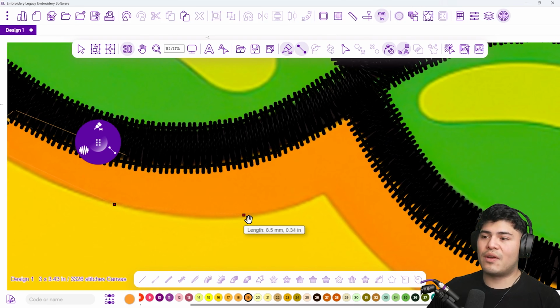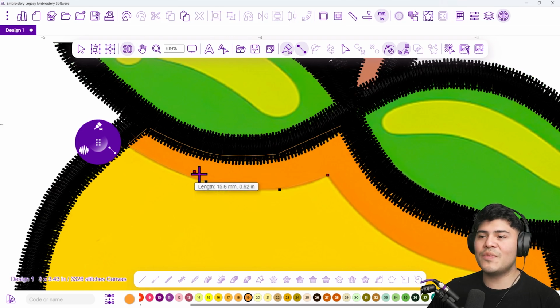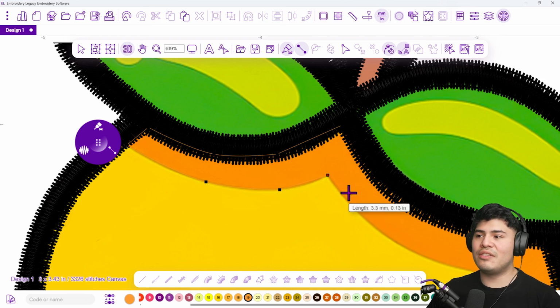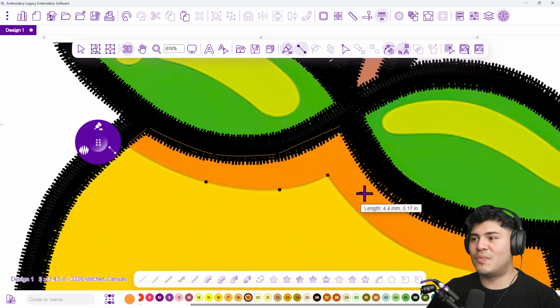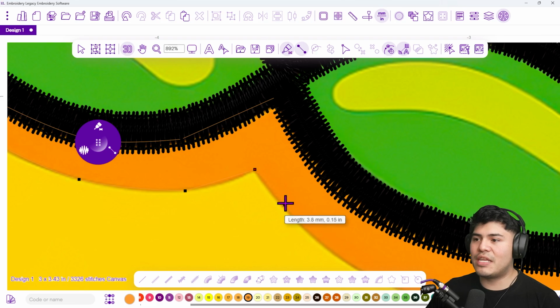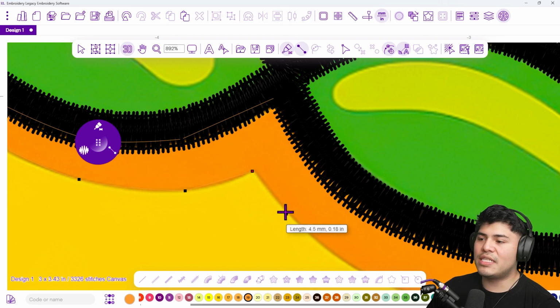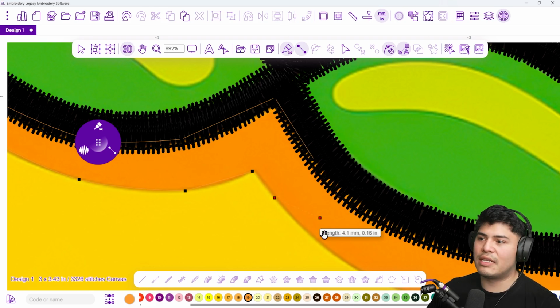Next, I'm going to pan around and do right click and left click and left click. And you can see all I'm trying to do is create this shadow, but I'm also trying to go from the furthest end with my point and my counterpoint. So for example, this shape right here, this is the furthest end, so I'm going to click right there. I'm going to left click, so I'm just going to go back right now. I'm going to delete a couple points, and here I'm going to left click, and I think this is the furthest point, so I'm going to left click,